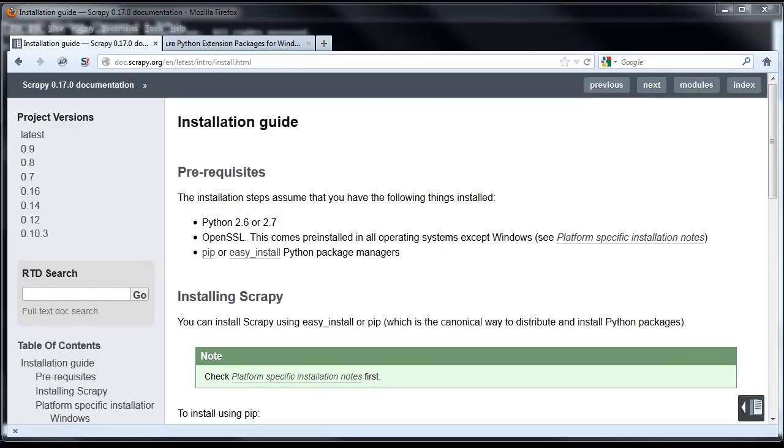In this video, I'll be showing you how to install Scrapy Screen Scraper version 0.16.0 on Windows 7. Before I begin, please note that I found it much easier to install Scrapy with the 32-bit version of Python. I had the 64-bit version and then uninstalled it and then installed the Python 2.7.3 32-bit version beforehand. If you need to check the version you have installed, just open the command prompt,